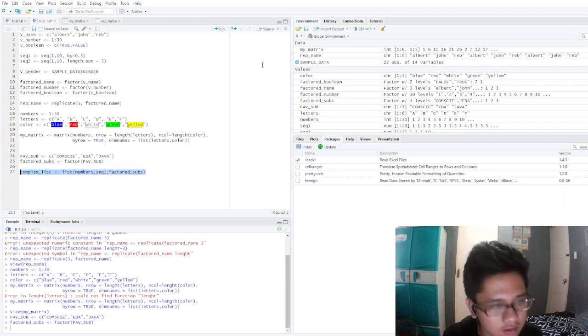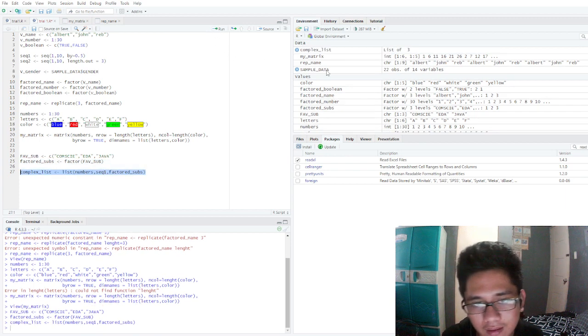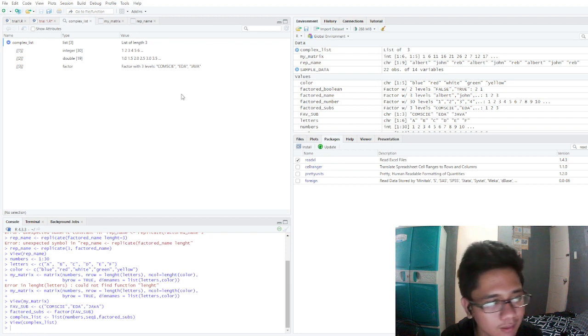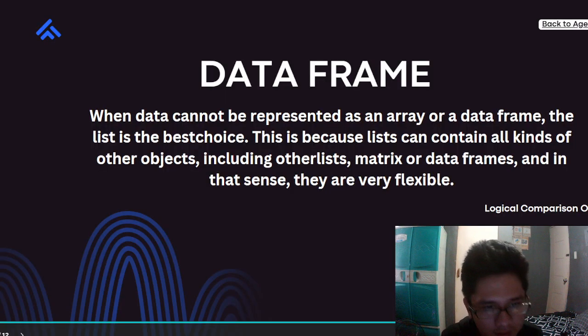Now we run this complex list. Here we have the list, the complex list. So there, the list of 3 factors with 3 levels. Now we will go to the next one, which is data frame.